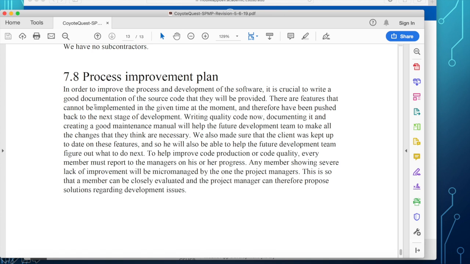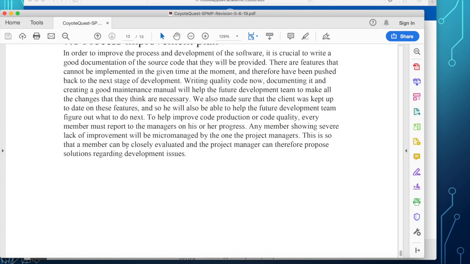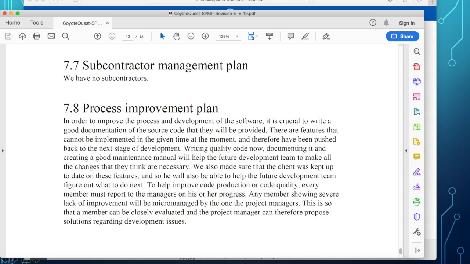Now, the last item in the software project management plan is the process improvement. We are never satisfied with our process. There is always room for improvement. So I'd like you to recommend here the improvement to your software process, and using a process improvement plan, you could be better in the next iteration.